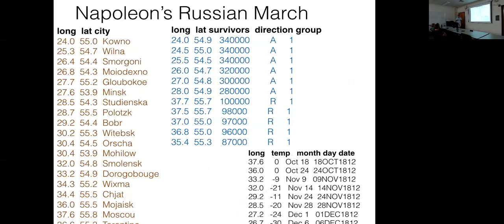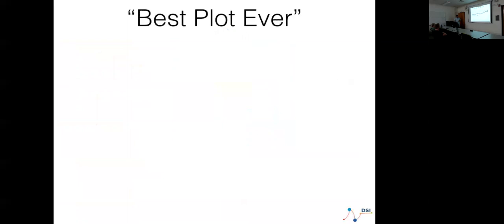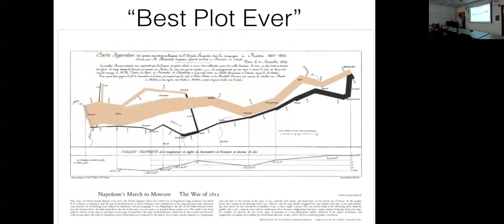There's actually a bit more to it, because I'm going to show you. You can also see there's a group, because the army wasn't just walking along as one big group. They all came from different places, combined, split up and went to different places. So this is a plot that somebody drew. It's 2 plots, but they connect. What I'm trying to get at here is this is not a standard plot. There isn't a function called plot that just says take these things and do what I meant. You have to seriously compose this.